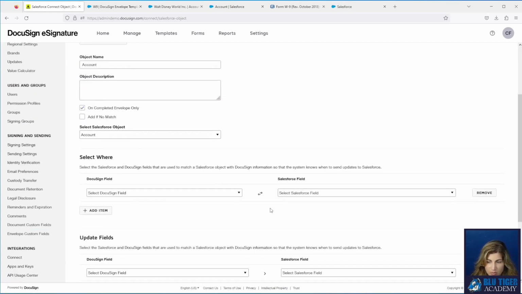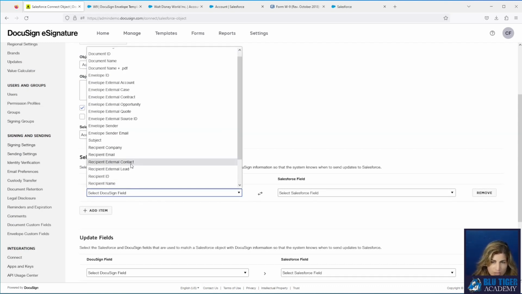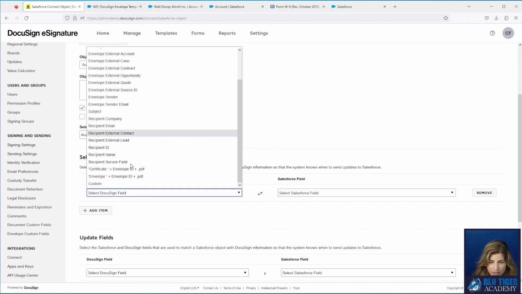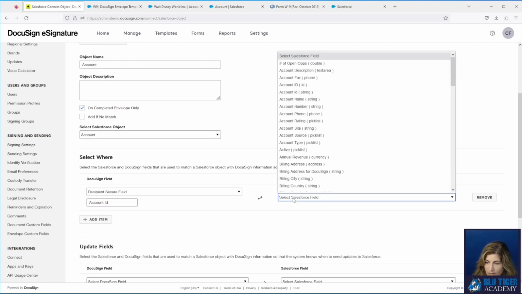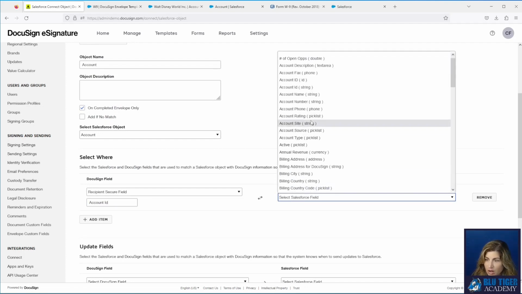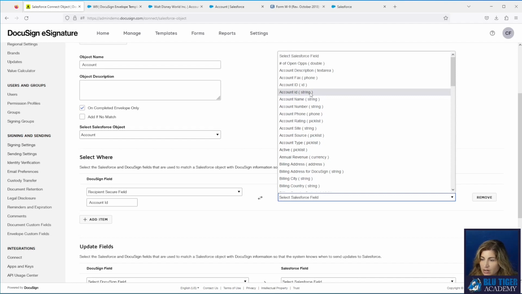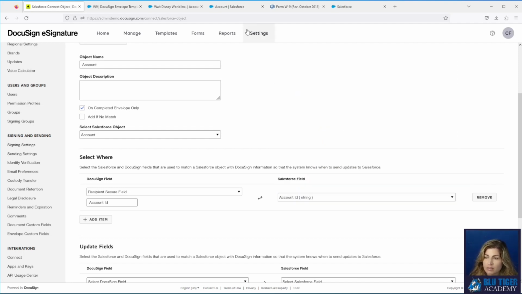And we're going to select account from there. And then here's where we say, well, how is DocuSign going to find which record in Salesforce to update? What we're going to do is drop the account ID field onto our W9. So it's going to find it by looking for the account ID that we are storing in a custom field. And then we're going to map this to our custom field that we created, our account safe ID. Where is it? Account ID right here. So that's what I called it in Salesforce.